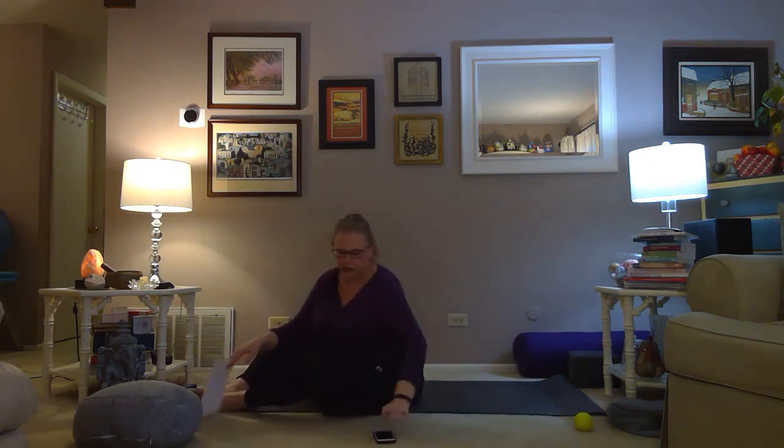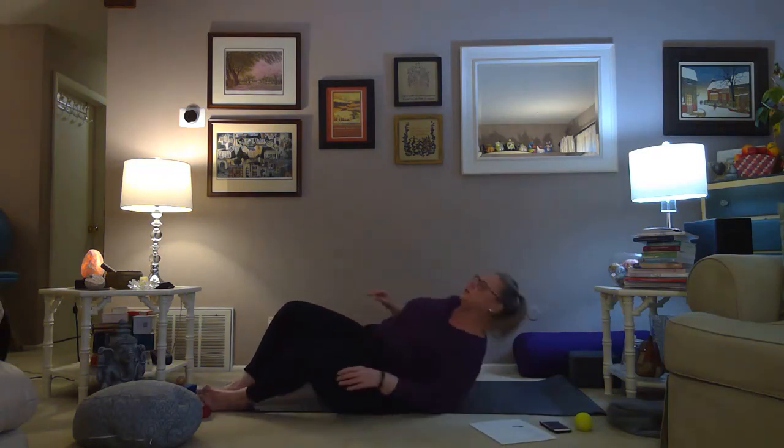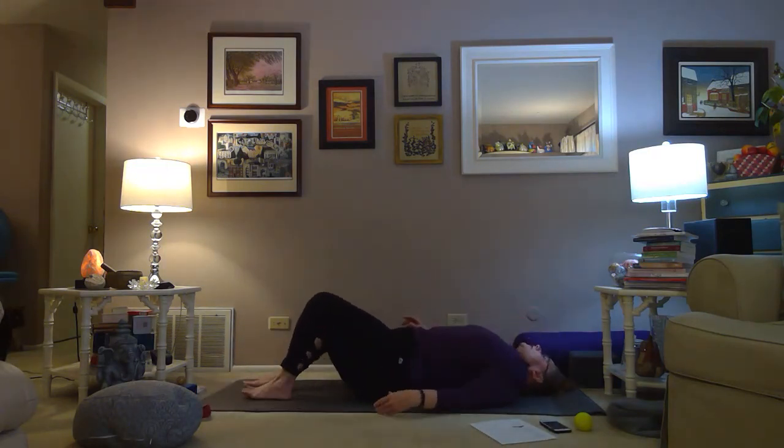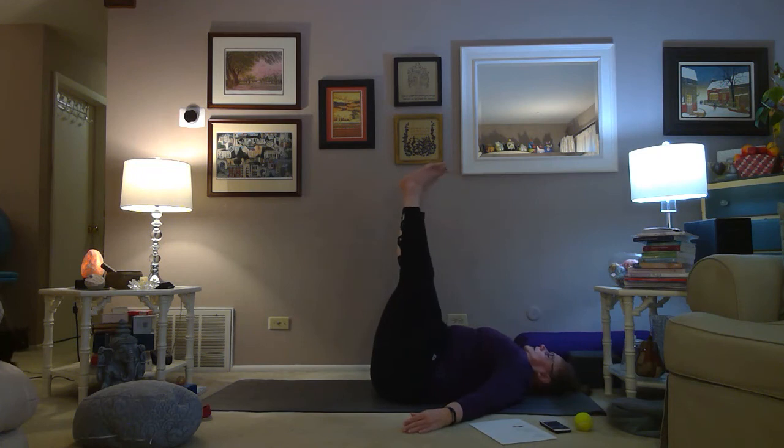I'm going to turn the opposite direction. That's because I'm too close to the wall here. All right, so once you're situated, let's lift those legs back up,